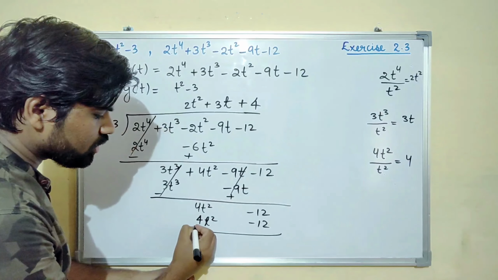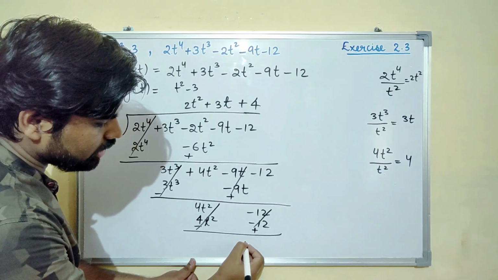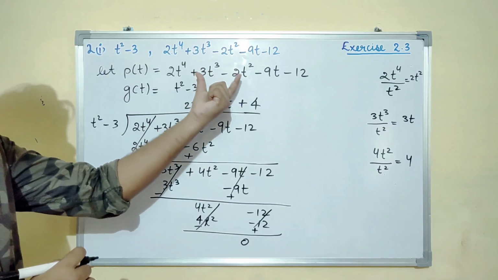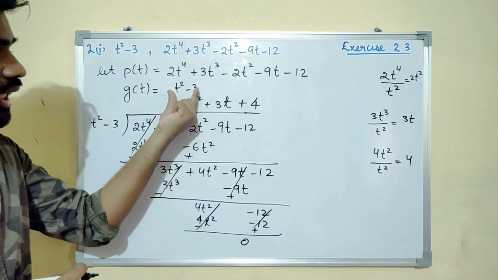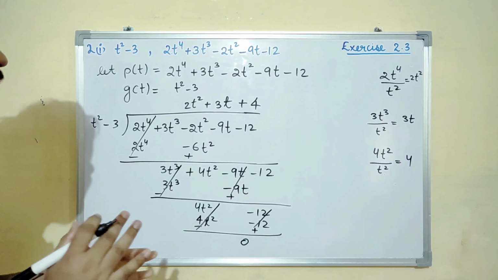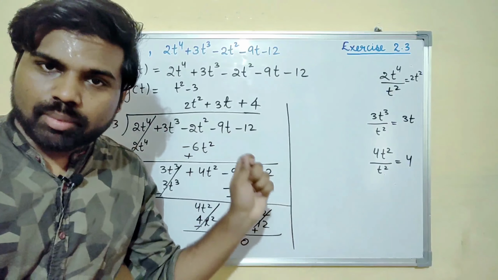Now let us reverse the sign and then solve. This will be cancelled and this will be cancelled. That means your remainder is 0. That means the g(t) is a factor of the p(t), right? In the format you can write, or you can conclude the question by saying that since the remainder is 0,